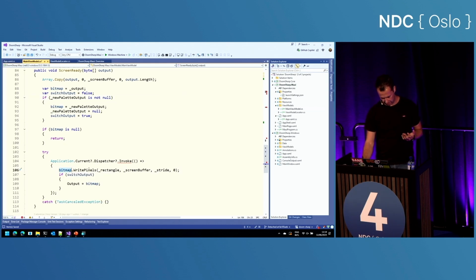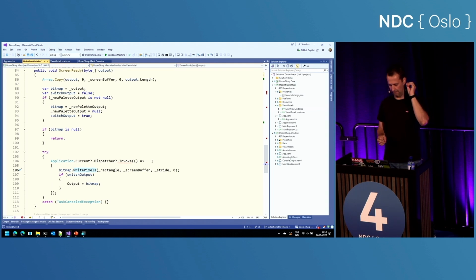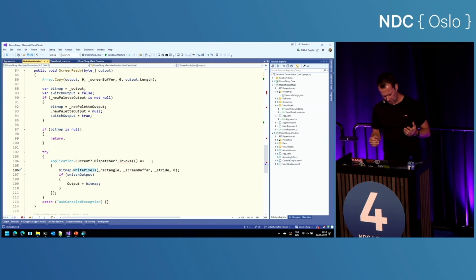Bitmap here is the writable bitmap. It has a write pixels method. We pass in the array of addresses. We pass in the palette, which it already knows, and then it will do all the magic. Now, this is one of the things the image or the 2D library included in Maui cannot do,